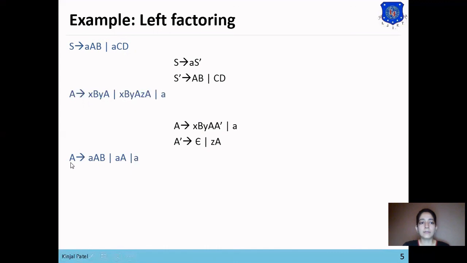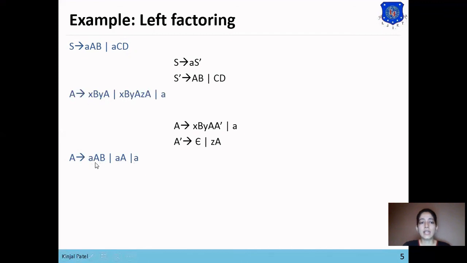Now the third example: A produces AAB, AA and A. Here you can see small a, capital A, small a, capital A. So small a capital A is a common prefix between the first two alternatives, but small a is a common prefix between all three alternatives.